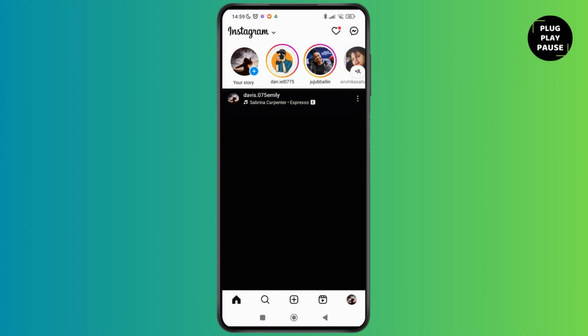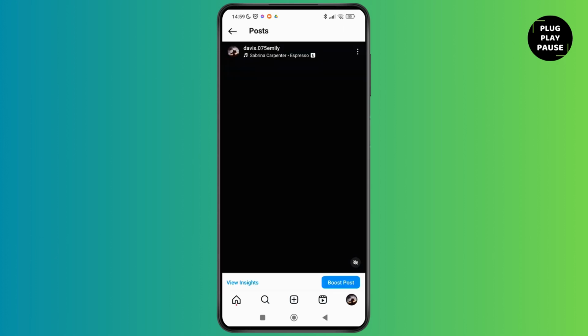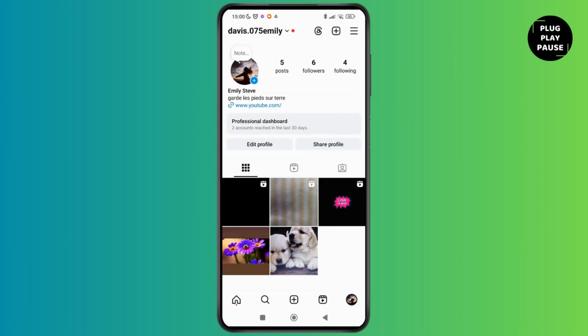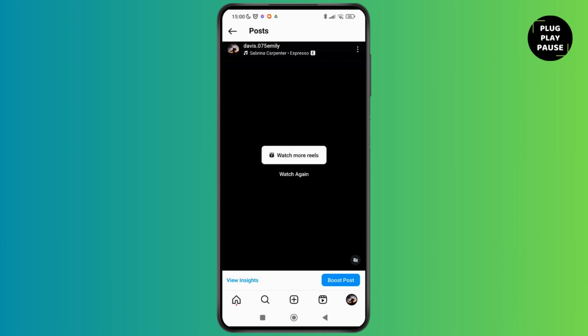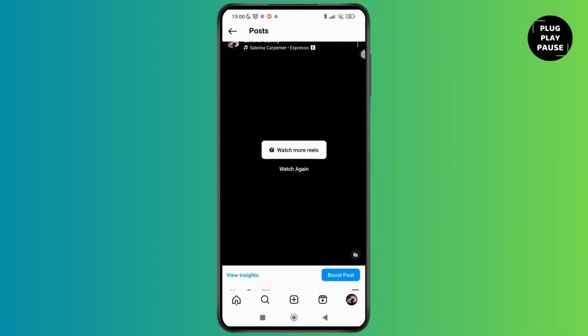So now let's go to our profile at the bottom right corner of the screen. Then you'll be able to see different posts over here. So here I've just shared a post over here, a reel basically. So here you can see the music that I've used. Now to remove the song from Instagram post, what I can do is tap on the three dotted lines beside